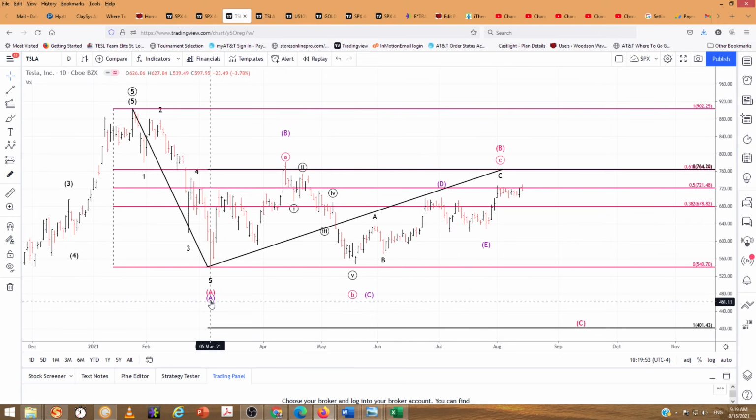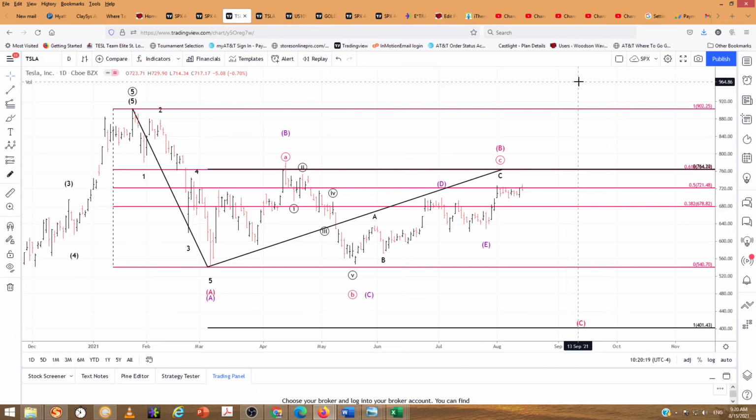The purple is an A down, a B up, a C down, a D up, and an E down. That is a contracting triangle. You've got the lower highs and higher lows, and then it should thrust out of that triangle. That would mean this is a 4 right here at this July 27th low of 627,